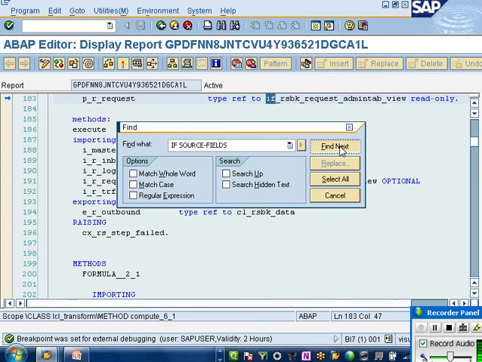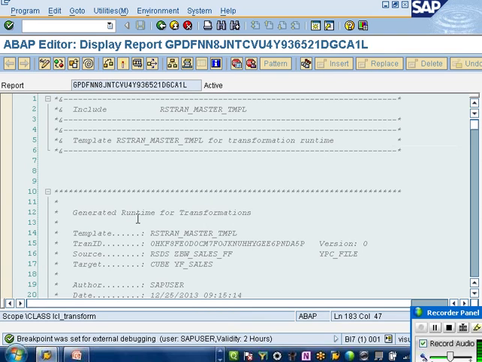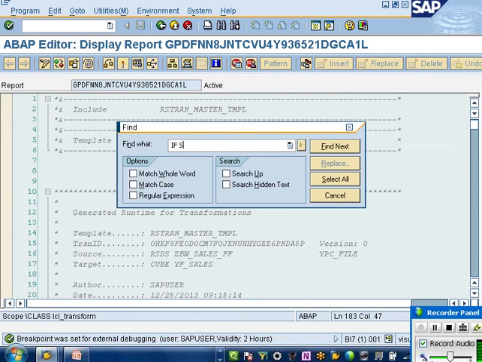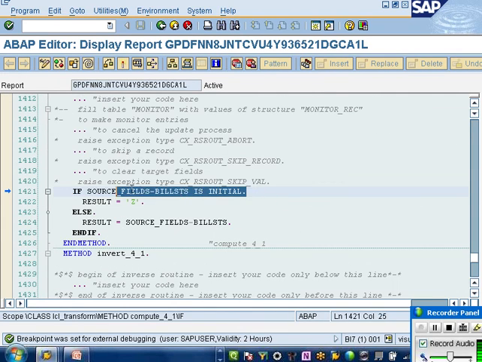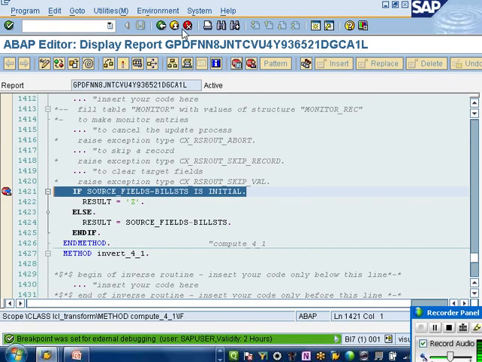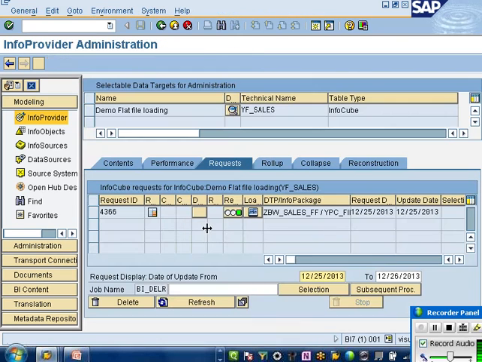Source, please. This is our code again. Select this and set a breakpoint. Once you insert the breakpoint, you get the request in the queue. Monitor this request.